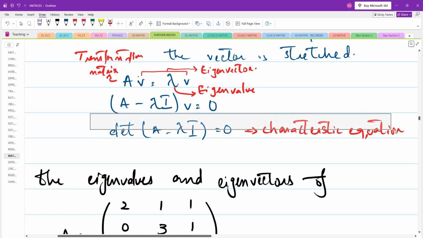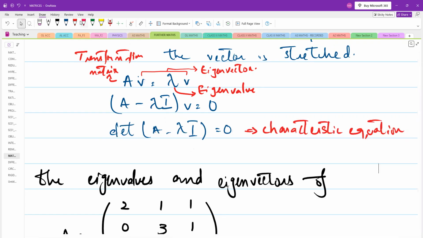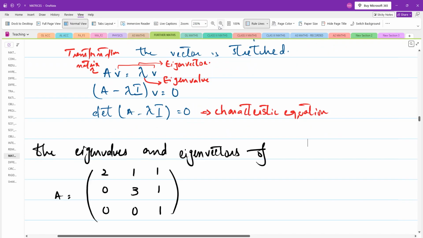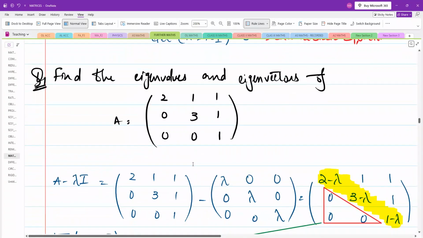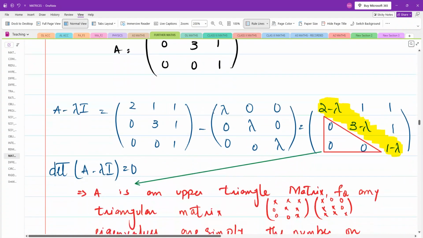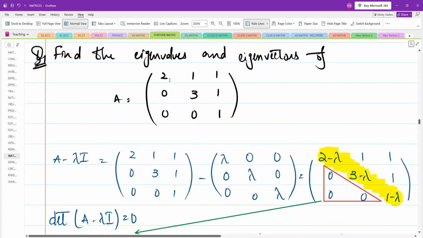This thing is called a characteristic equation and we are going to be using it. Okay. Wow, that's a lot of things that I talked about. Moving onwards. How do we find eigenvalues and eigenvectors? First thing that we need to do is,